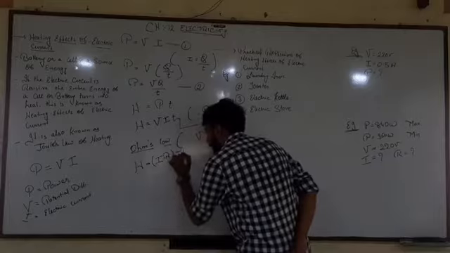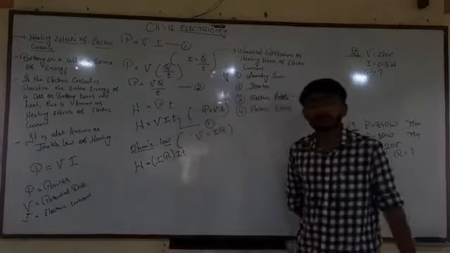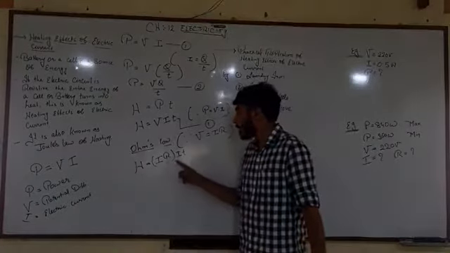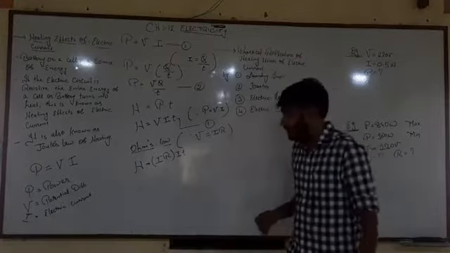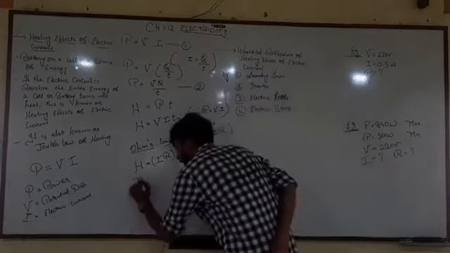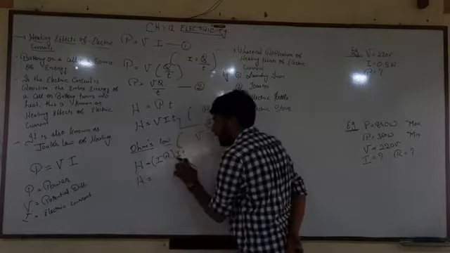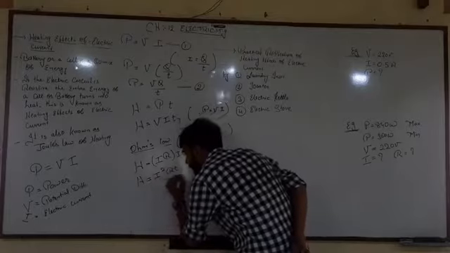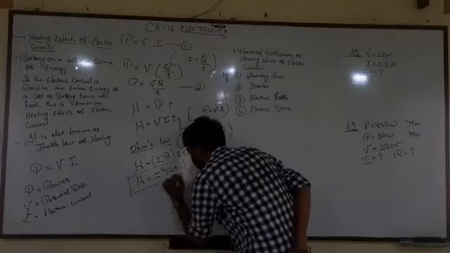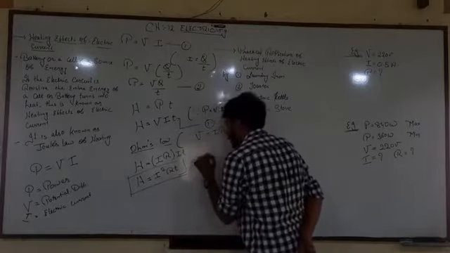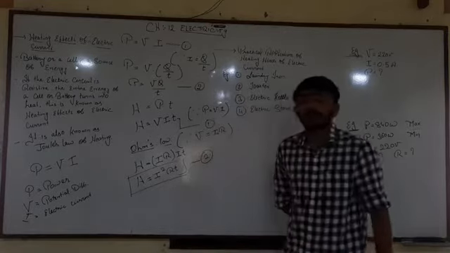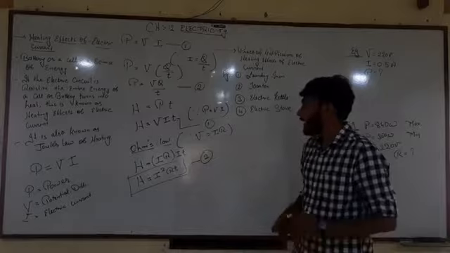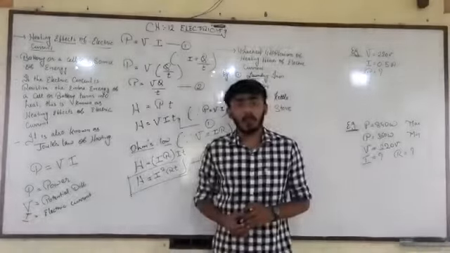Heating is equal to I R multiplied by I T. So this becomes H is equal to I into I, which is I square R T. And this is said to be the final formula for heating effects of electric current.